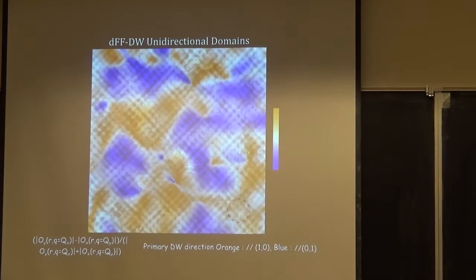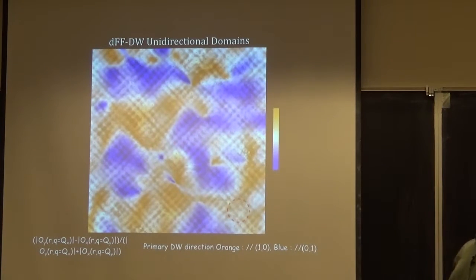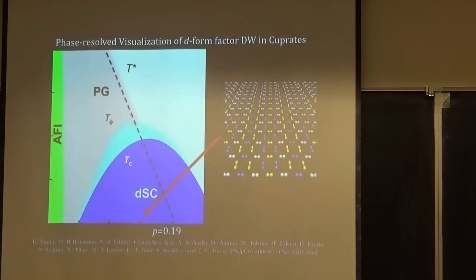It seems to be larger than the charge density wave order, which is only about that much, and this seems to be at least twice as long. So these domains form, and you can now measure the strength of the nematic order parameter as a function of doping, and so on and so forth. I'm not sure, a lot of the data is still in progress, but let me just show this